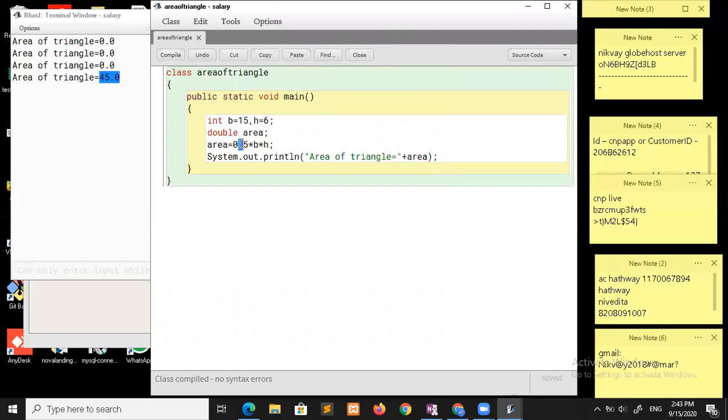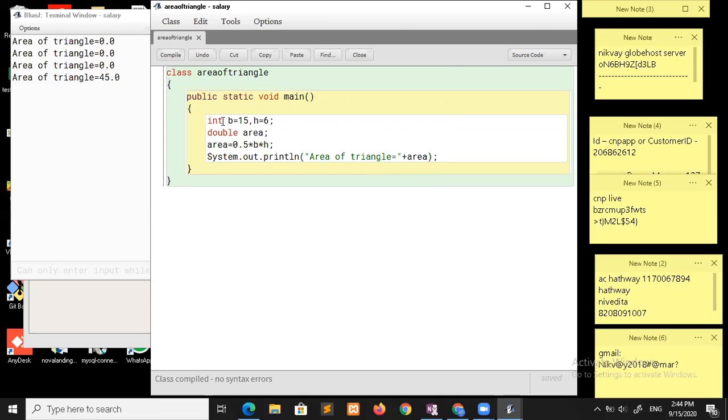If I use 1/2, that is what is known as a runtime error. What does runtime error mean? When I execute the program, I'm not getting a single error. At the end it shows no syntax errors, so I'm not getting any sort of error, but still I'm not getting the output on my output screen. That is known as a runtime error. Here I took 0.5, which is a decimal, and that is true with double.